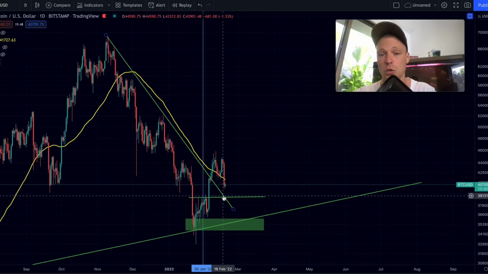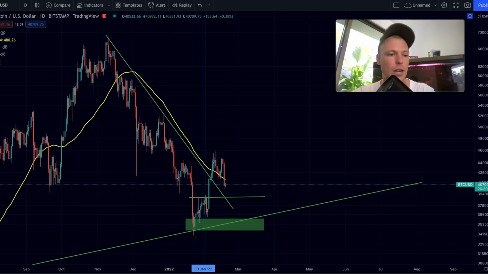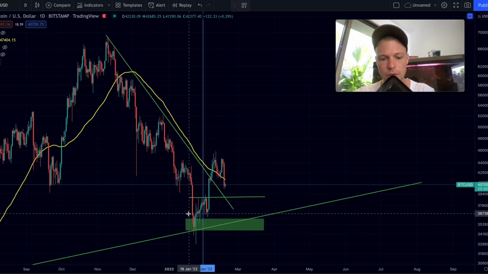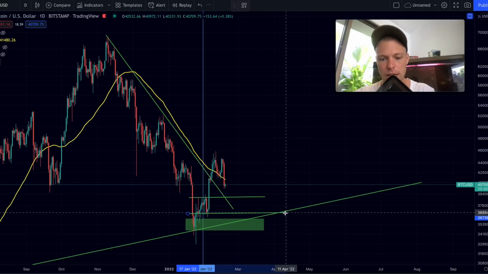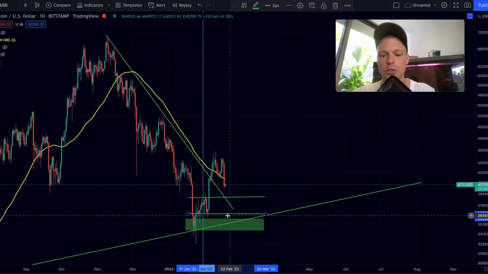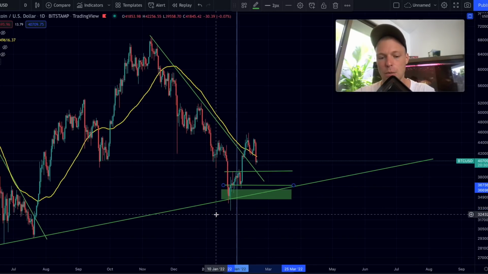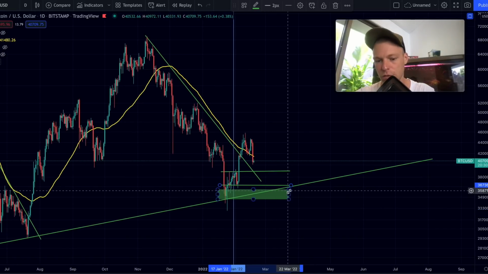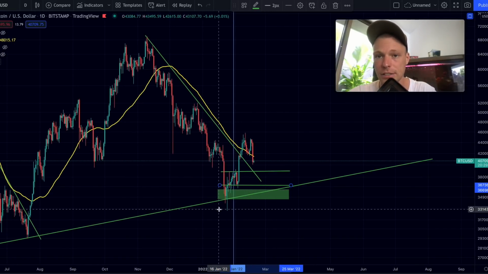But this could be a level to watch, $39,000. Below that, we got right here another level, which is the bottom of this range right here, which is at roughly 36,700. This is a level that I'm watching, and we got this range here below, which are basically the lows